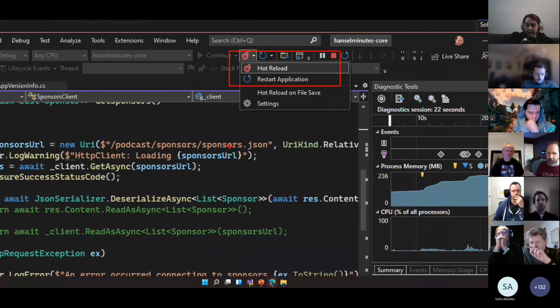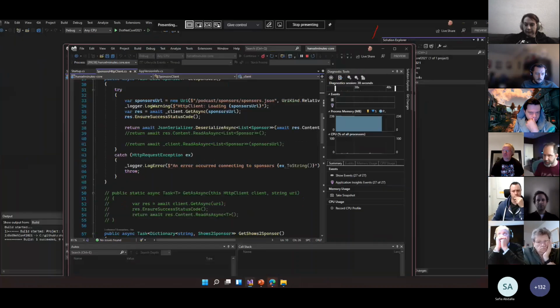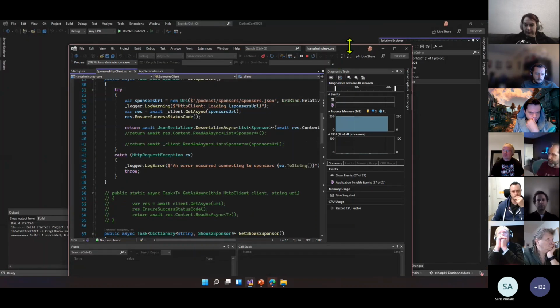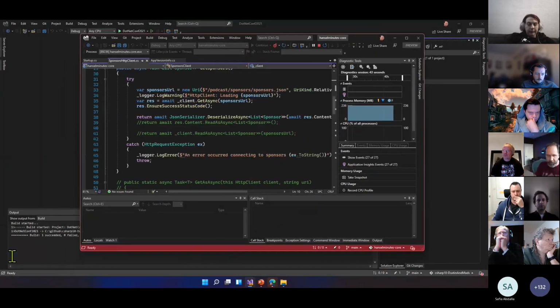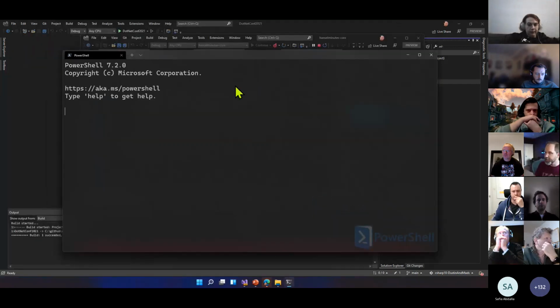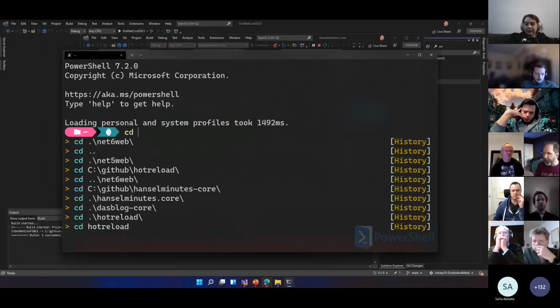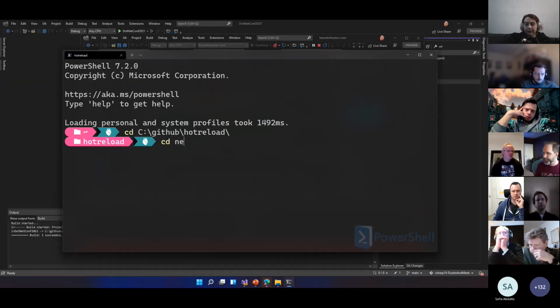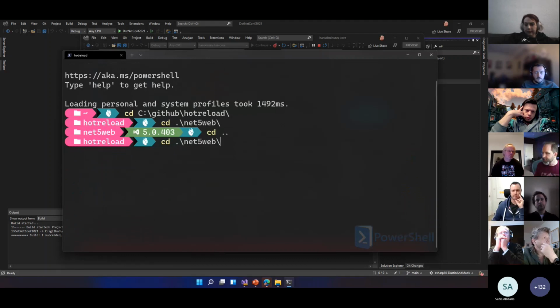Khalifa is asking if there's any inconvenience doing hot reload. Not really. It just kind of is awesome all the time. I can't think of any examples where it's inconvenient. The deal is that if it can't do it, then you just do what you did before. There's really no inconvenience. Another thing that you can do, if we go back over here into .NET 6,